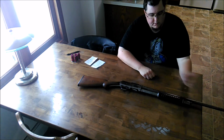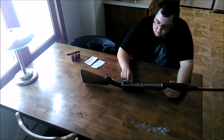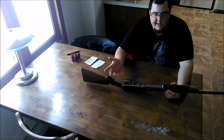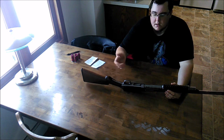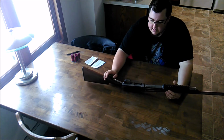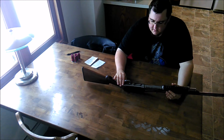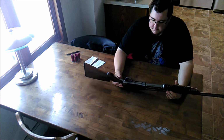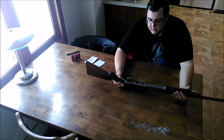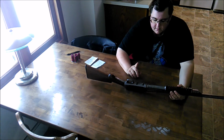It does have a safety on it, which is nice, and the safety is not in the traditional place a safety would be. The safety is right in front of the trigger here, and honestly is a little bit loose, and that's probably the age. I took it apart and cleaned it really well, and it used to be just floppy back and forth, but right now it's at a nice, kind of loose, but not stiff either, which I'll take. Due to the way that it's manufactured, having the firearm cocked in the ready position,